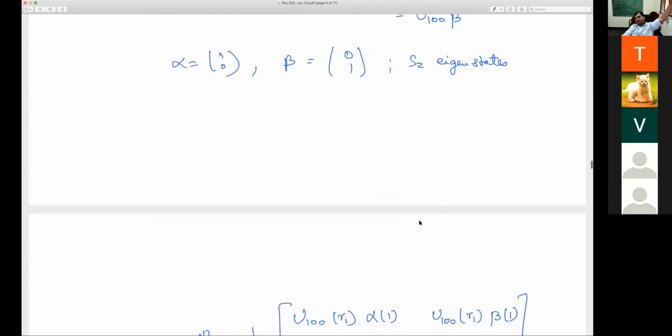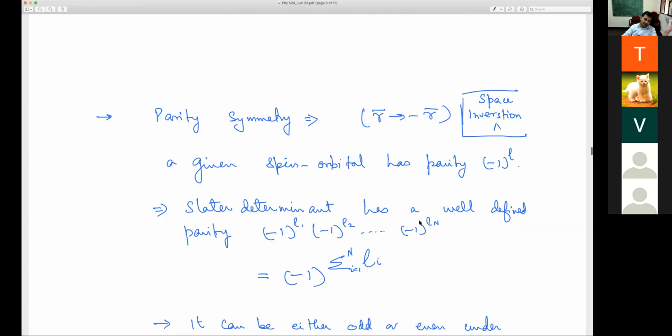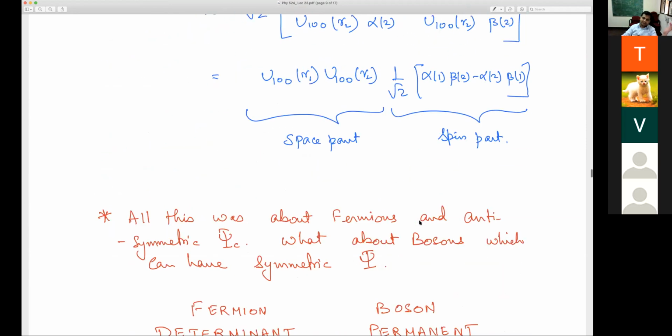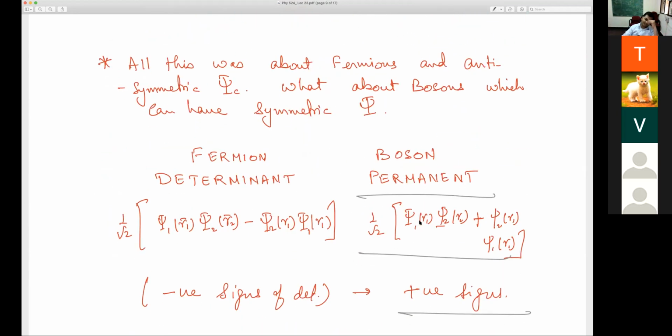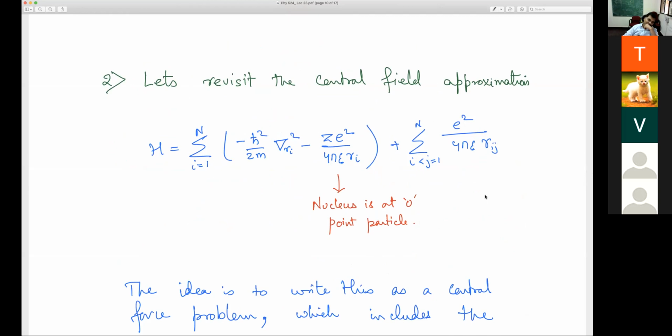So this was the antisymmetric part of the wave function. Now let's revisit the problem of the potential of multi-electron systems, so that we figure out what the good quantum numbers are in terms of which I will construct the symmetric and antisymmetric parts and so on. So this was the problem that we intended to solve. Forget the nucleus part, hyperfine corrections, the fine structure corrections, radiative corrections. So Lamb shift, fine structure, hyperfine, all thrown out of the window. I'm just taking the main part.